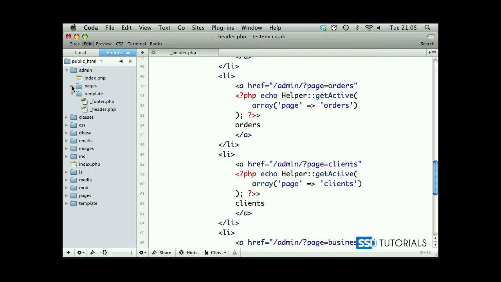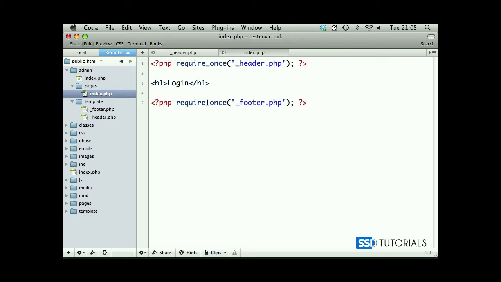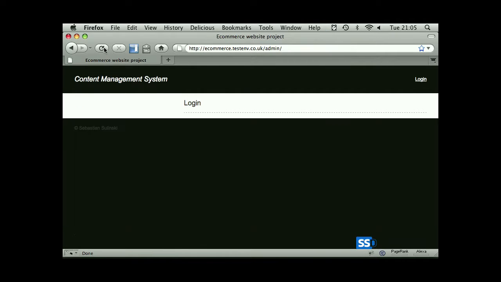If we go back to our index page inside of the pages folder, I just require once directly the header.php, which goes to this template folder. So what we need to do is put template before this and then a slash. If we copy this, and do the same for the footer, now go back and refresh,